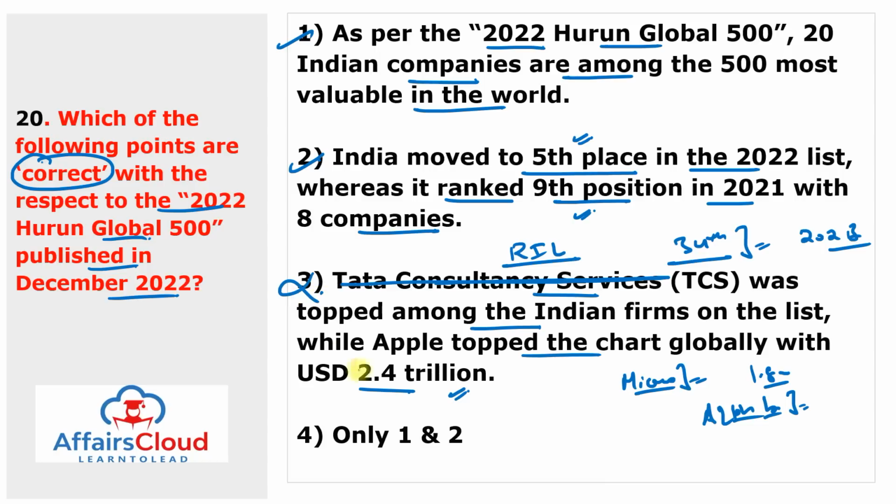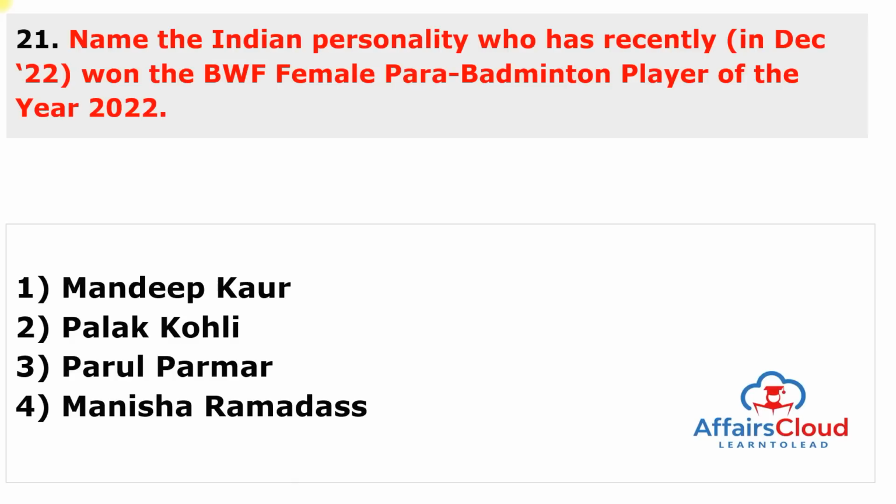So this statement is wrong. So only correct statements are 1 and 2. So answer of this question is 4. Moving to next question. Name the Indian personality who has recently won the Badminton World Federation Female Para Badminton Player